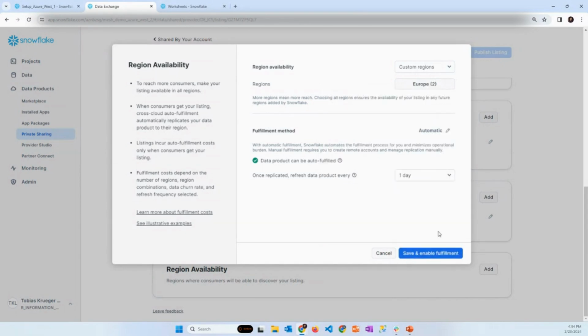What this does in the background is create a data replication group and replicate the data into the regions that we provided earlier, so we don't have to do it ourselves. We can also say we want to do it manually, so we have to do all the data replication related tasks. But with this, Snowflake just takes it over from us, which I think is very cool. That's a nice idea. Yeah, really.